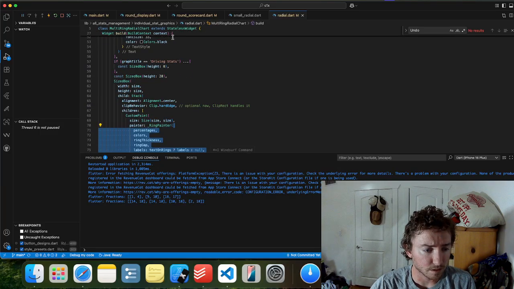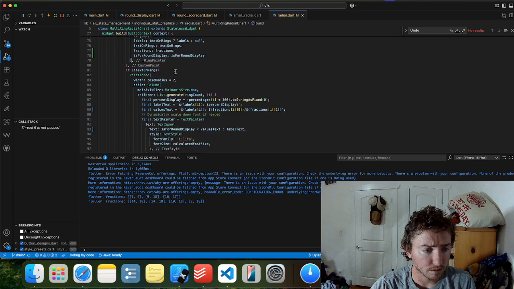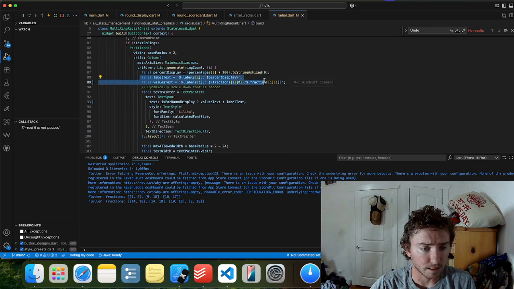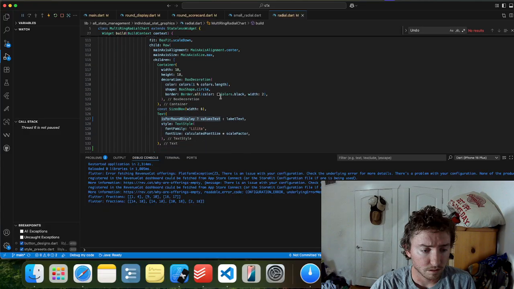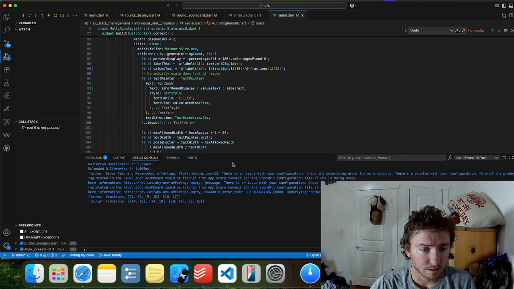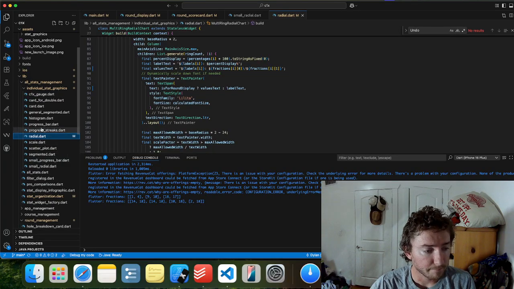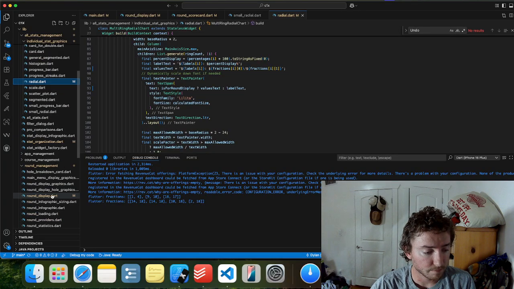Maybe that's the real question. Label text is equal to percentage, values text equal to that is for round display, should be values text. That's what I should be showing, so I must not be passing it.